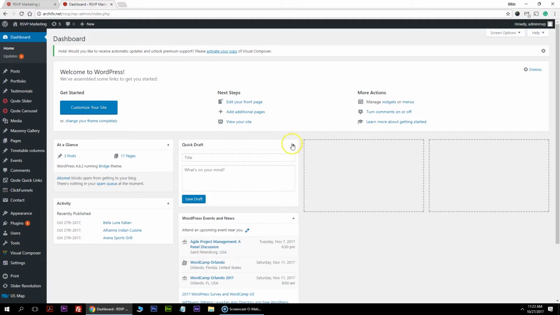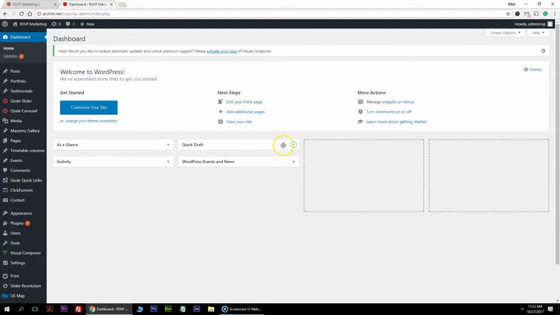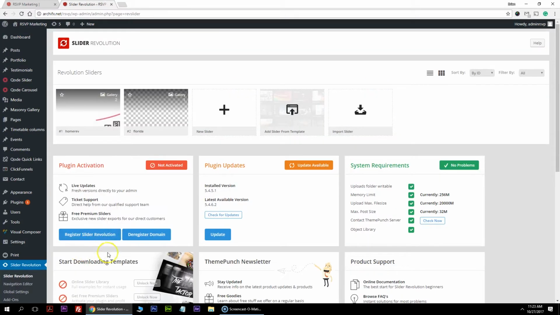This is the dashboard that you're going to get when you first sign into WordPress. And I like to minimize these so it's less cluttered. So once you're in here, what you want to do is look over here at the bottom left, and you want to click on Slider Revolution, which is right here. Hover over that and then hit Slider Revolution. And it's going to load up the default